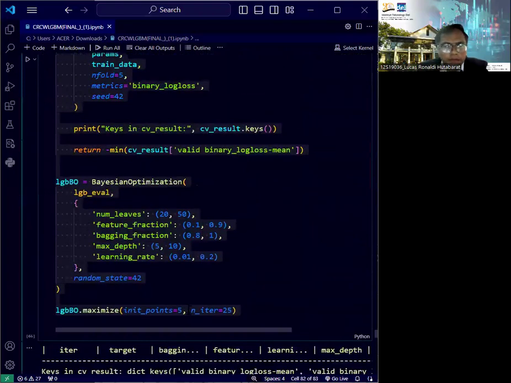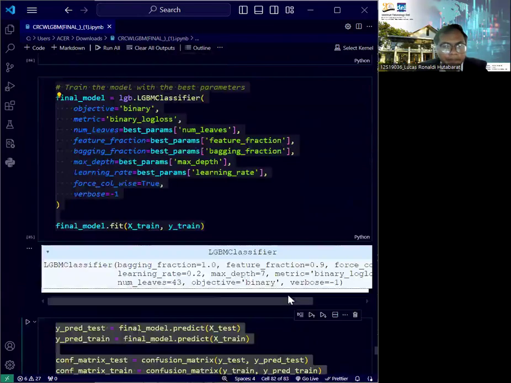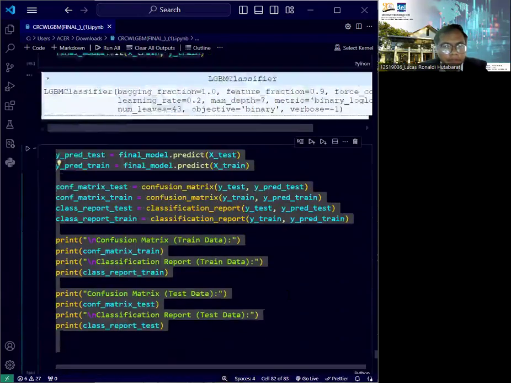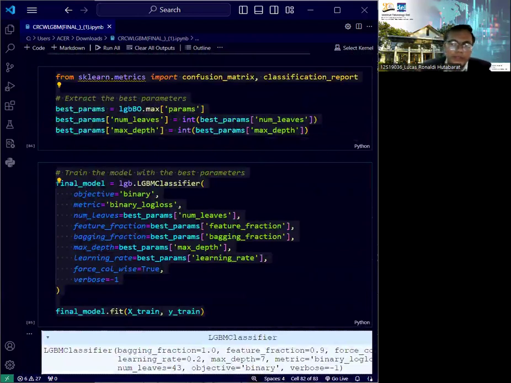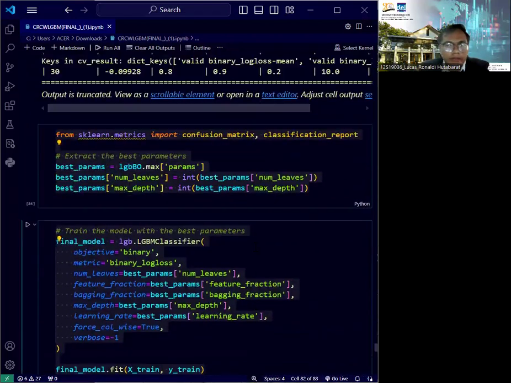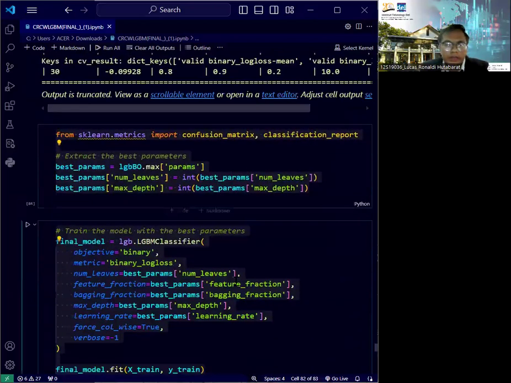This runs the optimization for the specified number of iterations, and then we extract the best parameters from Bayesian optimization. This retrieves the best parameters found during optimization.